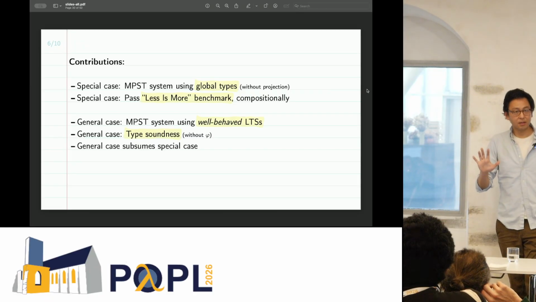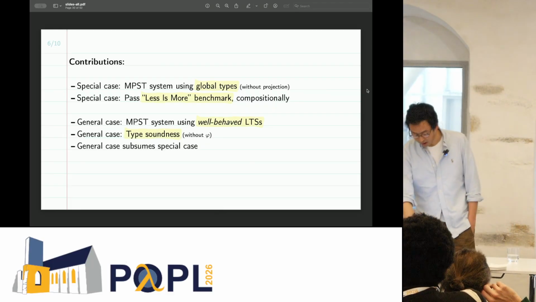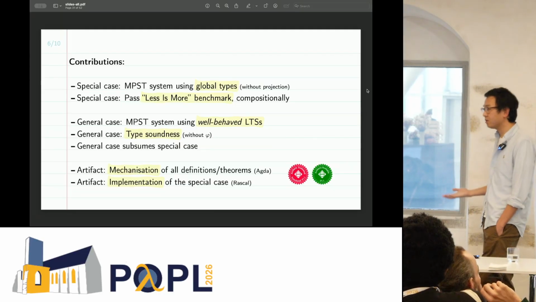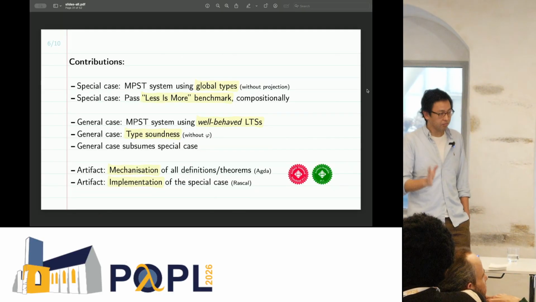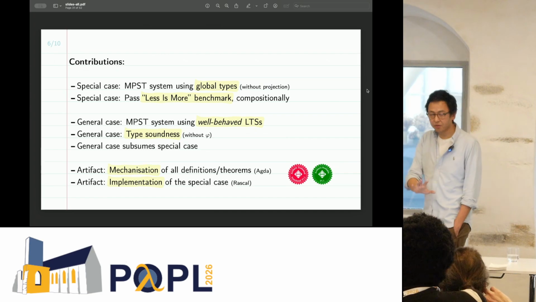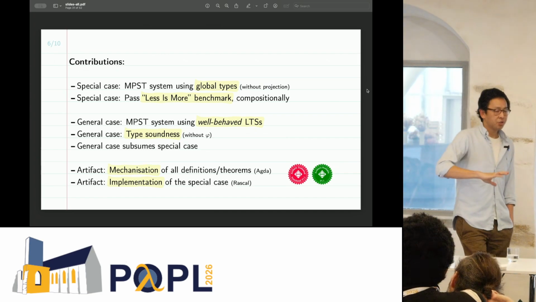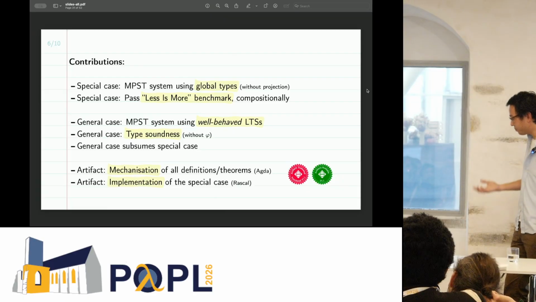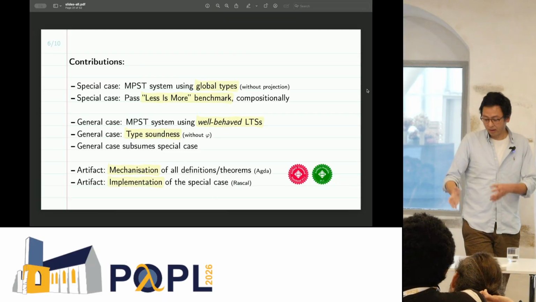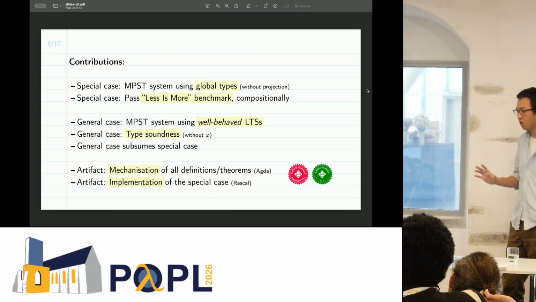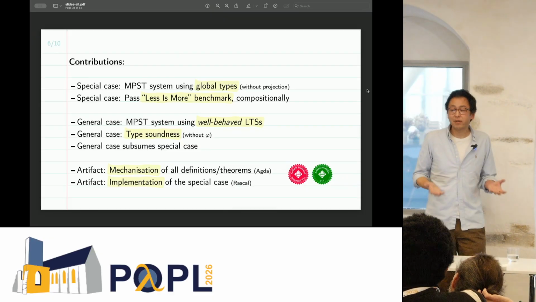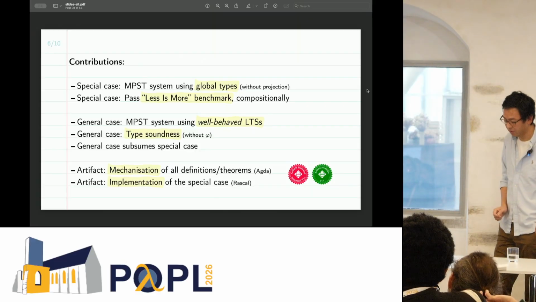Okay, now these are all the, let's say, theoretical contributions of the paper. All of this is supported by an artifact in which we have a formalization of all the results in Agda. So all our proofs are machine checked. And we also have a proof of concept implementation of the special case. So we have a Visual Studio Code extension with an LSP server that runs a parser and a type checker, and then in a toy implementation language, you can write types and terms, and you get syntax highlighting and red squigglies if you make type errors. So that's very nice to experiment with the theory, I suppose.